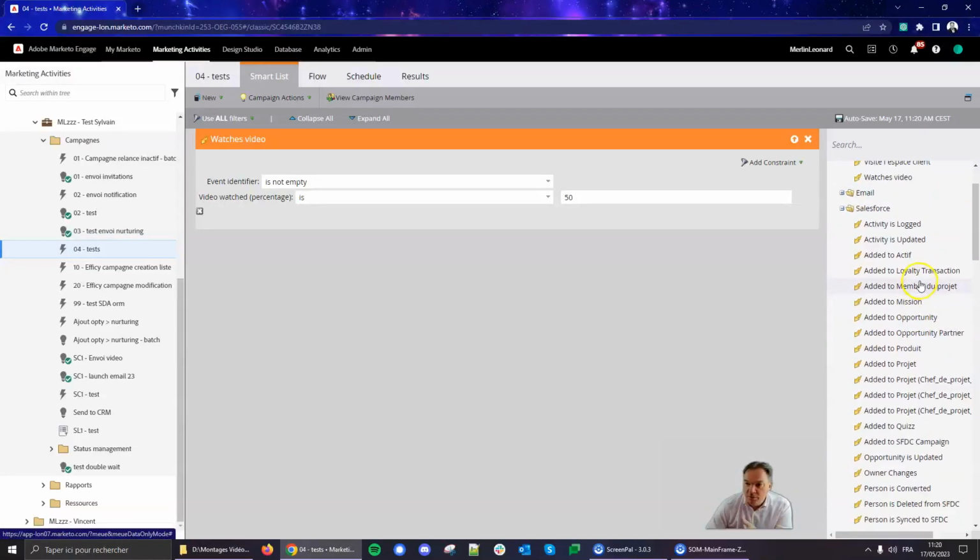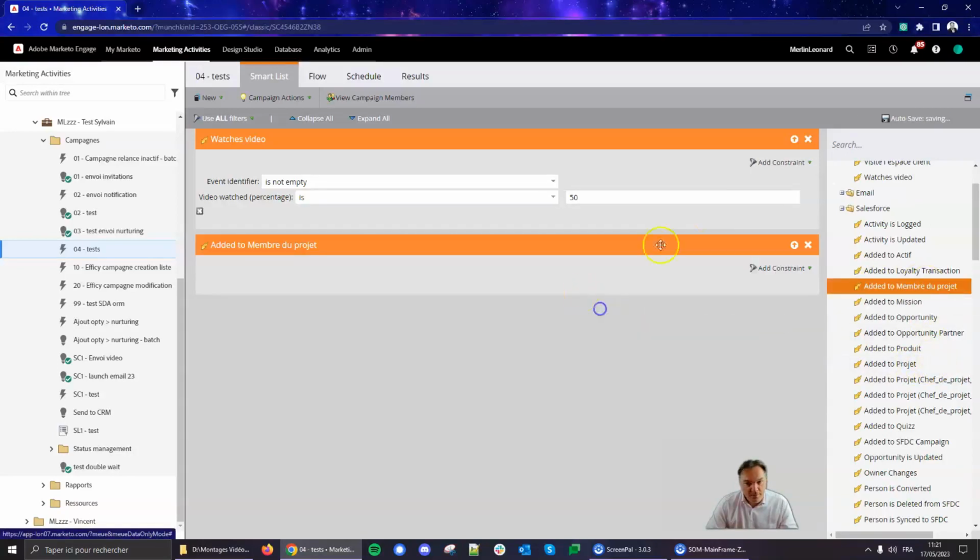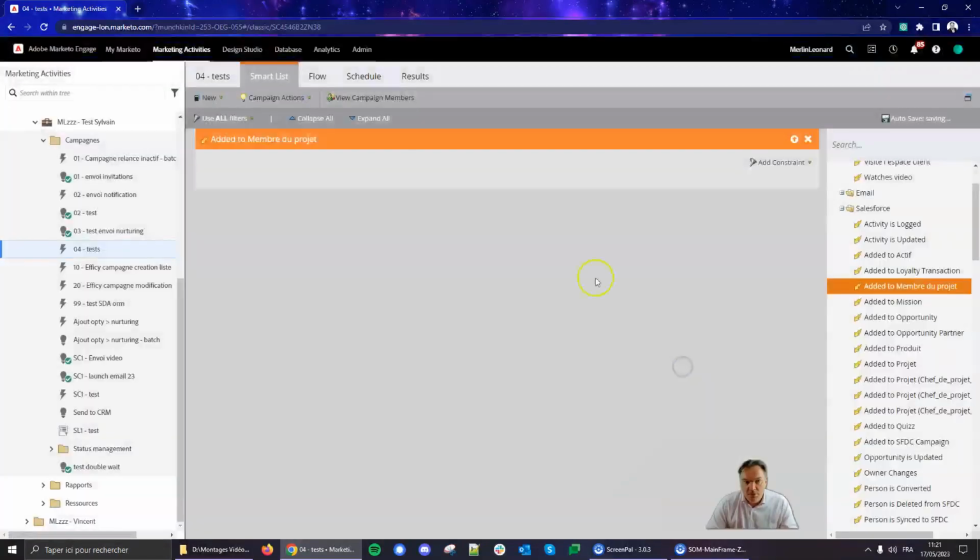We saw in the previous Marketo tip that we could import our Salesforce data model into Marketo. That's what I did here with, for instance, loyalty transaction, member of project, mission project. All those turned into triggers that could help me, for instance, do better marketing.